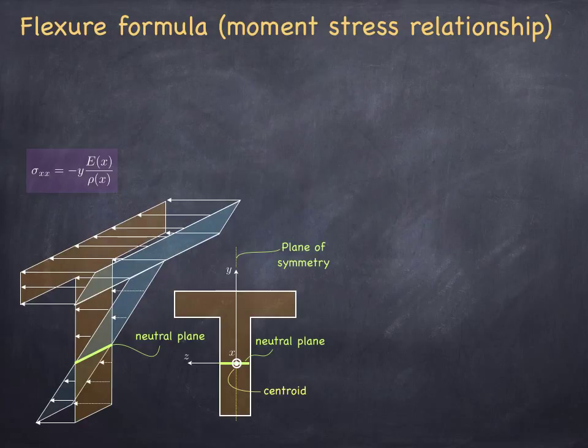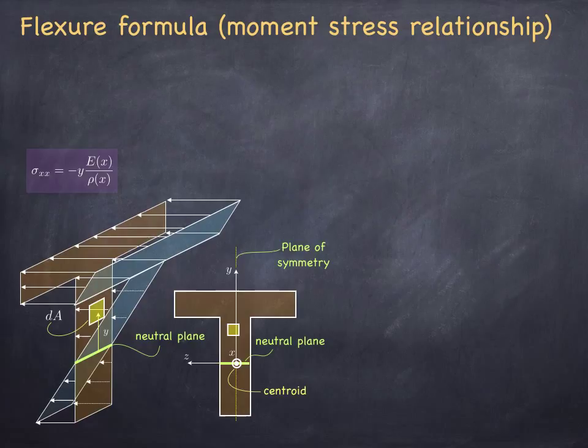So now we have discovered a fundamental fact about where the neutral plane is. It's at the centroid of the cross-section, which means it does not really depend upon the applied moments. Whatever moment we apply, the neutral plane is not a property of it, but only a property of the cross-sectional shape and dimensions. So that being discovered, we can go back to our stress and obtain its relationship with the